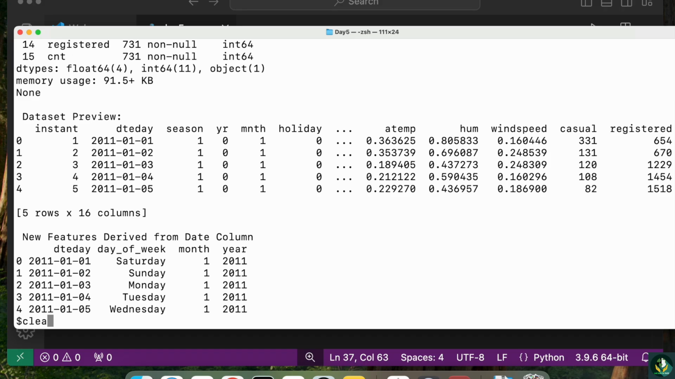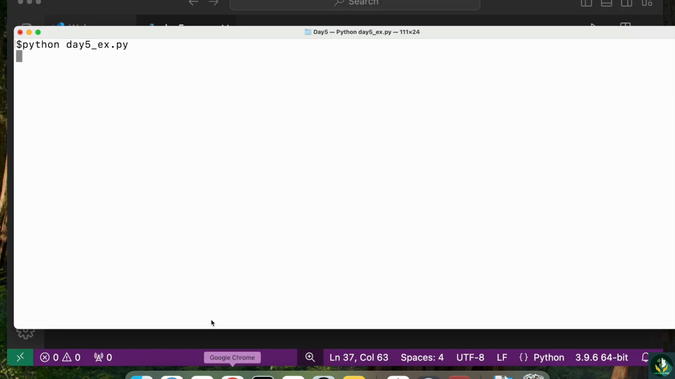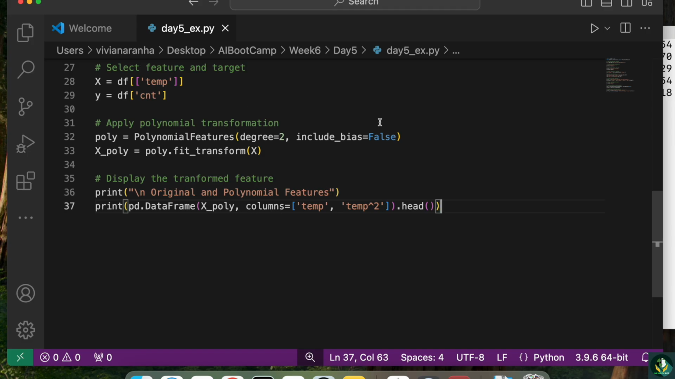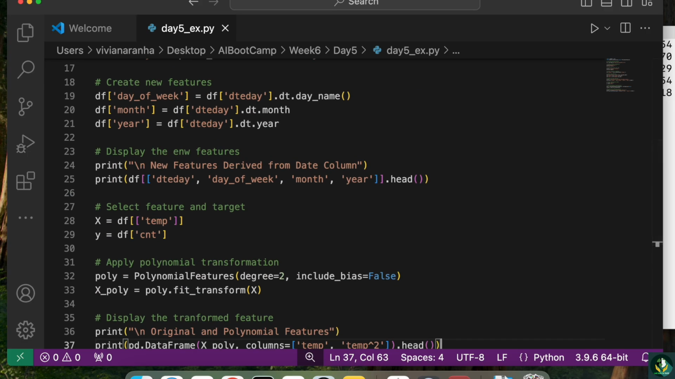Let's go ahead, clear it out, run it again, and we'll see temp and temp2, where we have the values of the temperature and new temperature based on the transformation that was done with the polynomial features. Now step 4 is to compare model performance before and after the transformation. So let's go ahead and